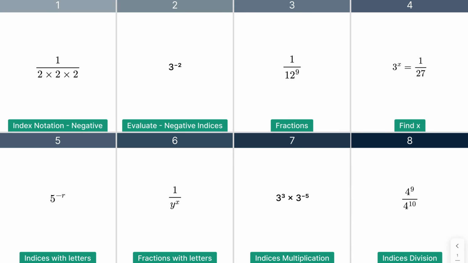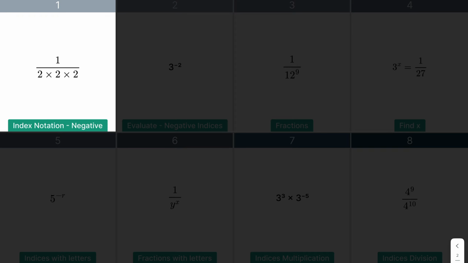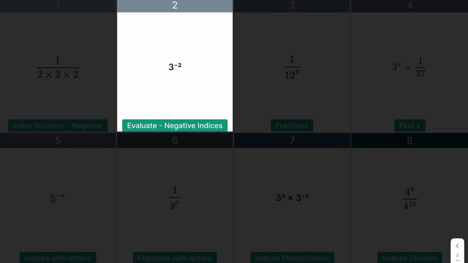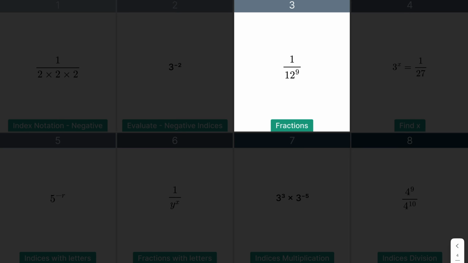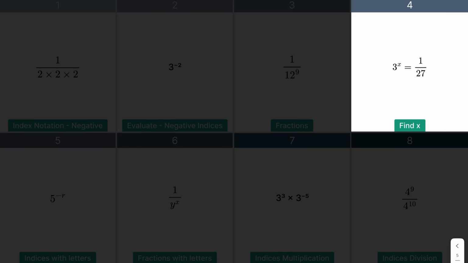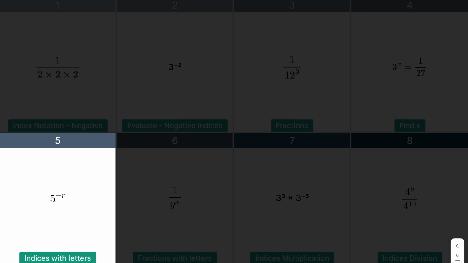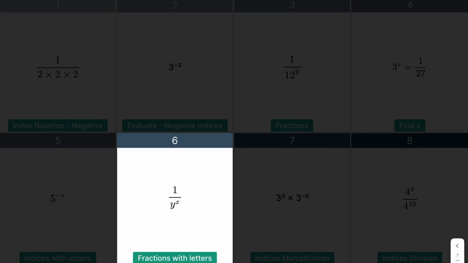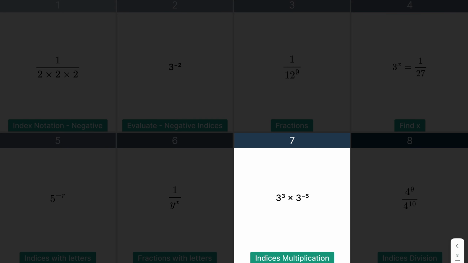Negative indices is what we're looking at in this video. It's split into 8 parts. So first we're going to start off by looking at examples where we've been asked to write something like this in index notation, then examples where we need to evaluate, then fractions written like this, and then how do you find x here, and then examples of indices with letters and fractions with letters, and then indices multiplication and